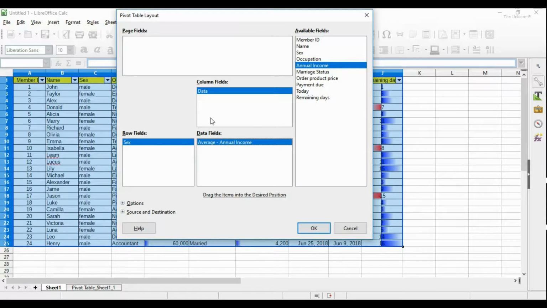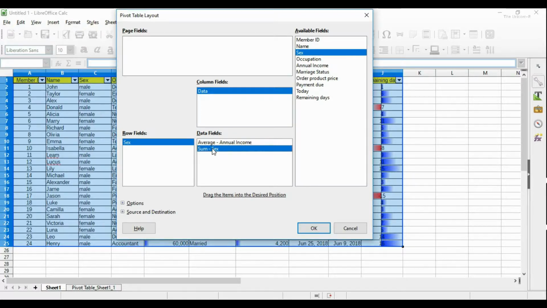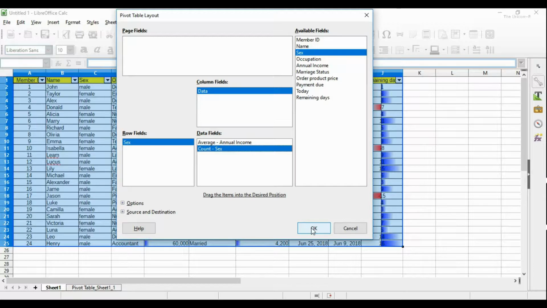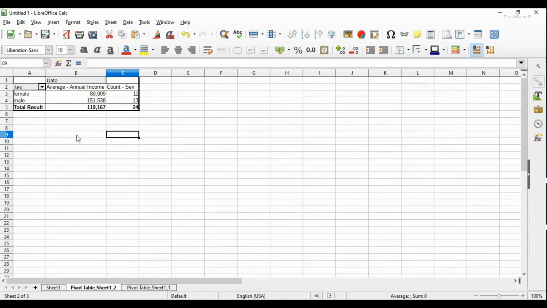Okay, now it will summarize the average income of each sex. Also, I would like to count how many of my customers are female and how many are male. Okay, just drag it here and double click and put it count. And press OK. And you will see here, my female customer have an average income of about 81,000, but my